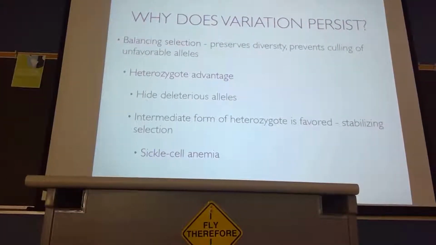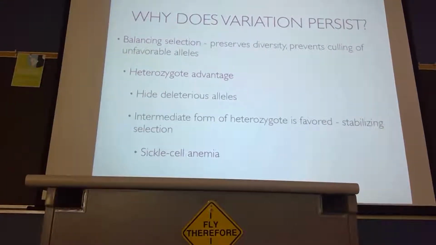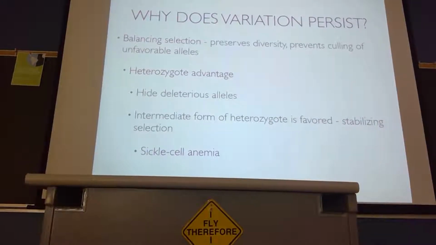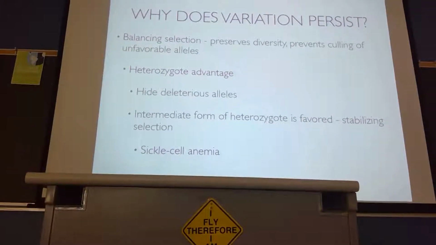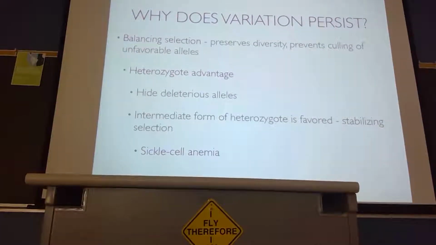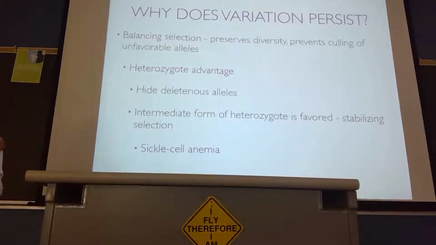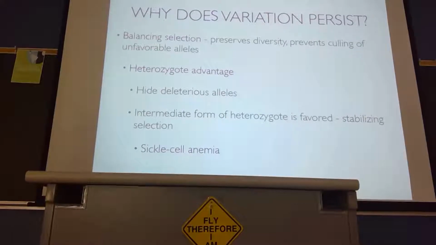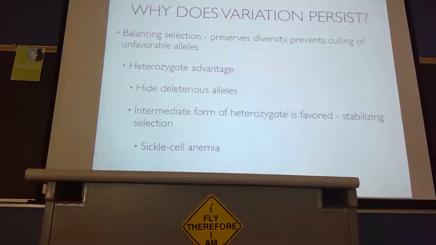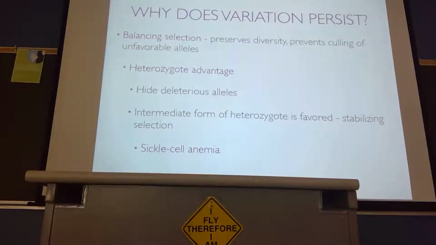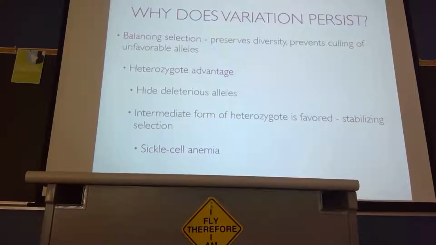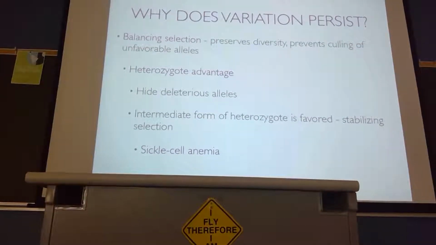And this is a case of sickle cell anemia, where we see that there's a real heterozygote advantage. The heterozygote has the dominant and the recessive allele, of course, and so you don't get the full-blown problems of having two copies of the recessive. The dominant can hide the major deleterious effects of that allele, but there is some advantage to being a heterozygote. You don't have any problems, but you get any advantage that the recessive might offer you. And in this case, we tend to stabilize variation. There is actually a pressure to keep you from being perfect, to keep that bad thing from being completely lost